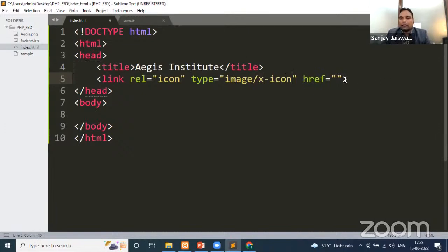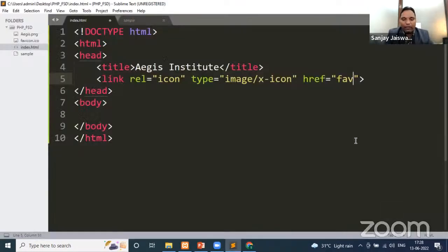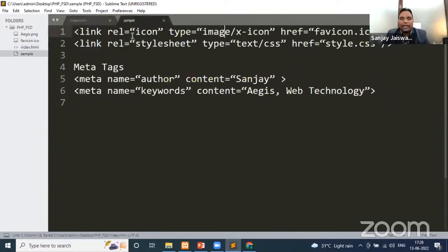And the icon that we want to set, I already have a favicon in the same folder. If you can see in the same folder, I have a favicon. So this favicon can be used. Here I am simply going to write favicon.ico. So the extension is .ico. Simply save this, and after that